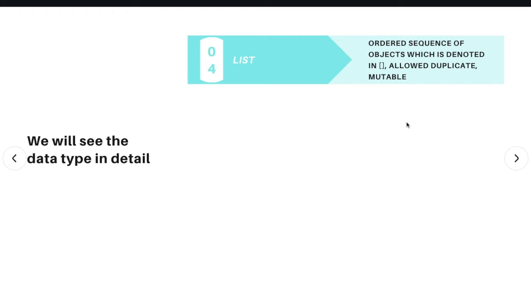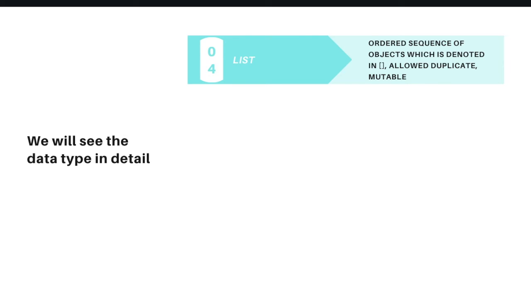Next is list. This data type is very important in Python. For each data type, now I am giving just a summary, but in an upcoming video I will make a separate video for each data type where I will explain all the properties of that data type and all the operations which we can perform using that data type.